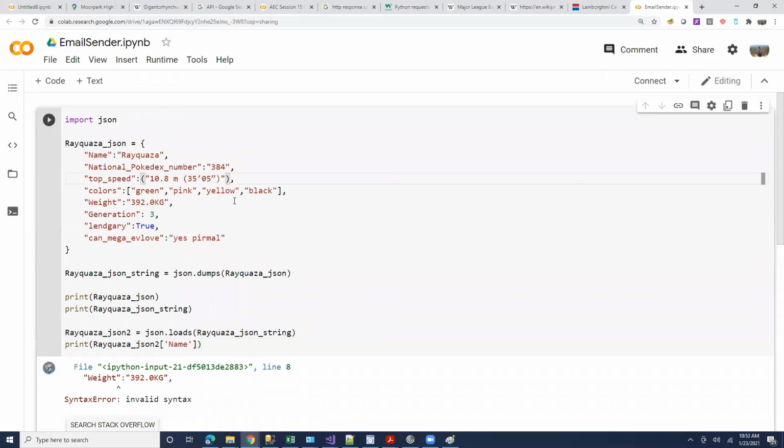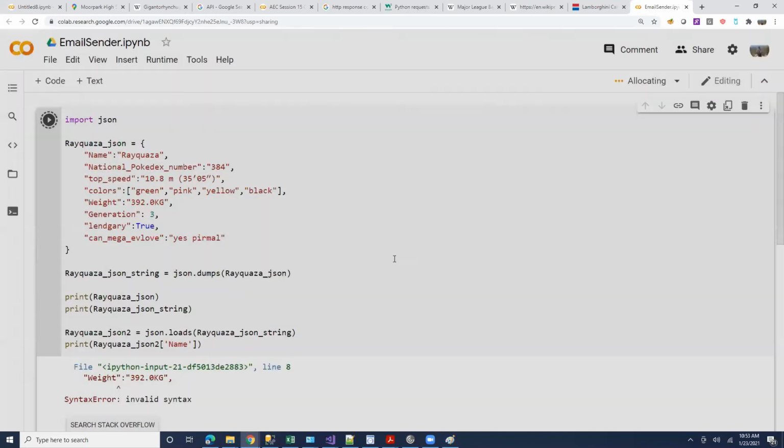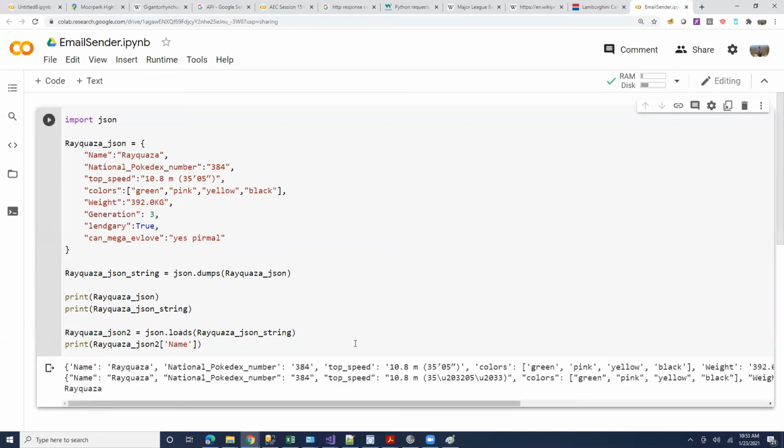So where is it complaining? It's complaining about weight. That's what they saw, and they said there was a missing comma here. So maybe this one also doesn't have to be a tuple. Right, so let's run now. It's still complaining about the weight. Oh, there you go. Yeah, it worked. So I don't know if it has saved, but if you fix it so you can edit it. Okay, cool. So the mistakes were you called your variable requisa JSON, but you used car JSON string here and car JSON here. So you used wrong variable names.